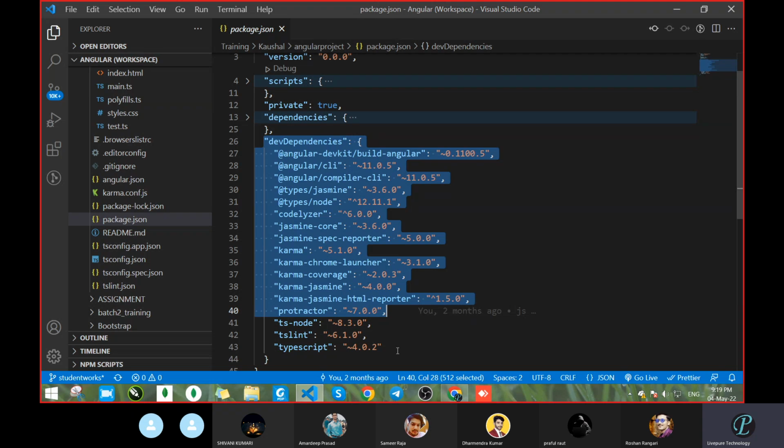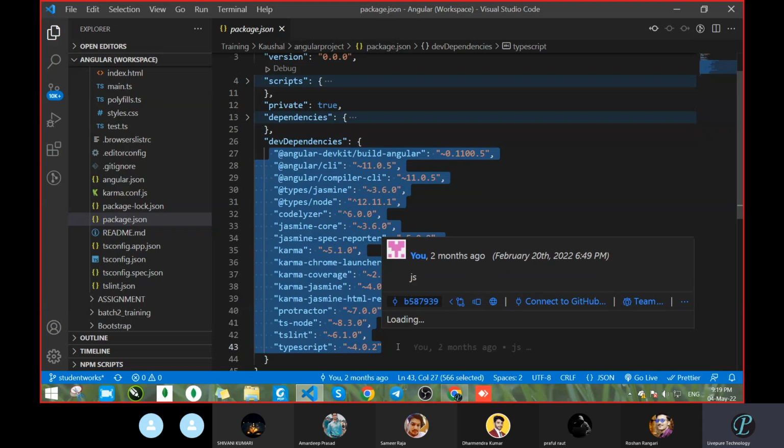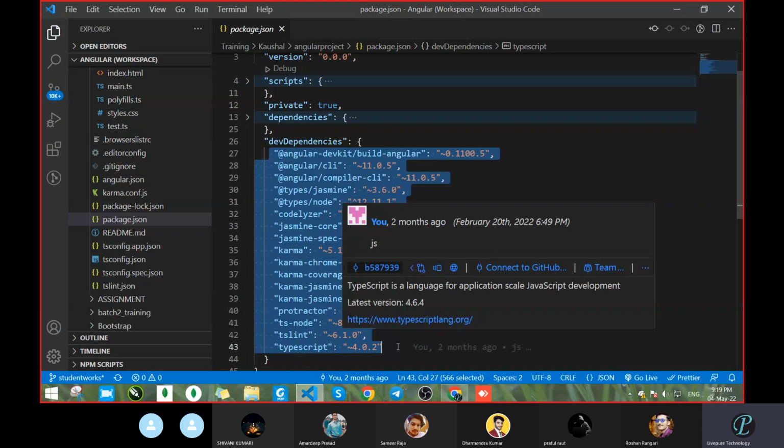We don't know where that will install. With the help of dev dependency, it will install somewhere. But dev dependency is helpful where it will install. It will install at hosting time, means like Netlify, we are hosting on Netlify. So on the server, you can say that with the help of dev dependency, it will install